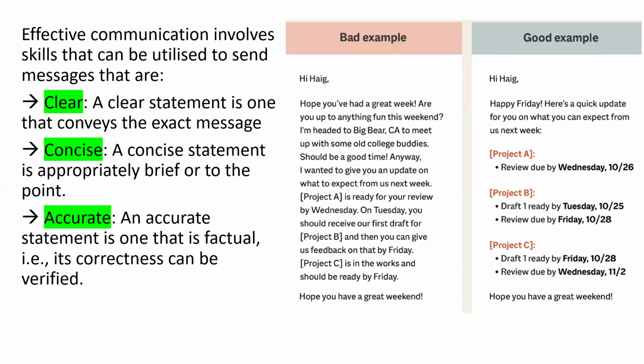Now, of course, effective communication is something we all want to happen in our day-to-day lives, as well as in our professional lives too. Okay. Now, when it needs to happen, we say that there are three major components which need to be taken care of. The message which you want to convey should be clear, should be concise, and should be, of course, based on facts. That is, it should be accurate. If you don't say things which are accurate, after twice or thrice, people will not believe you and they will not even give heed to what you're saying. So say something based on facts, otherwise do not.